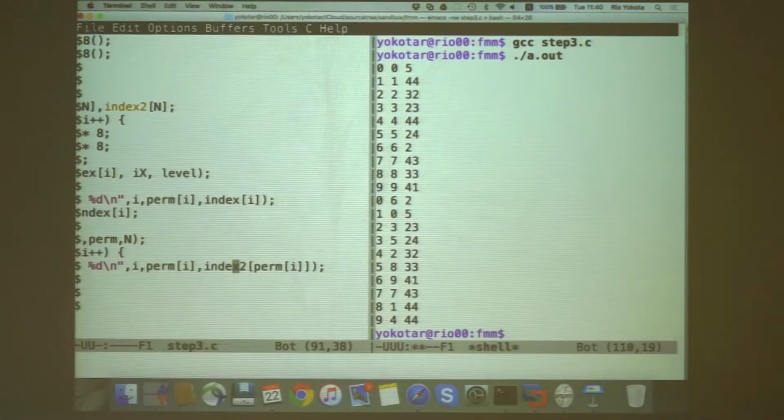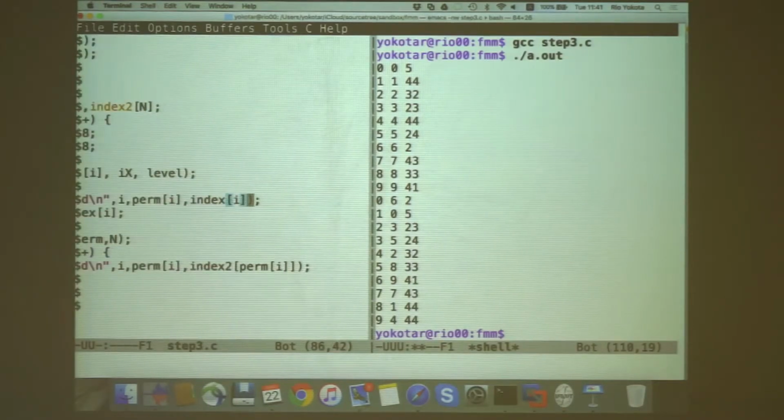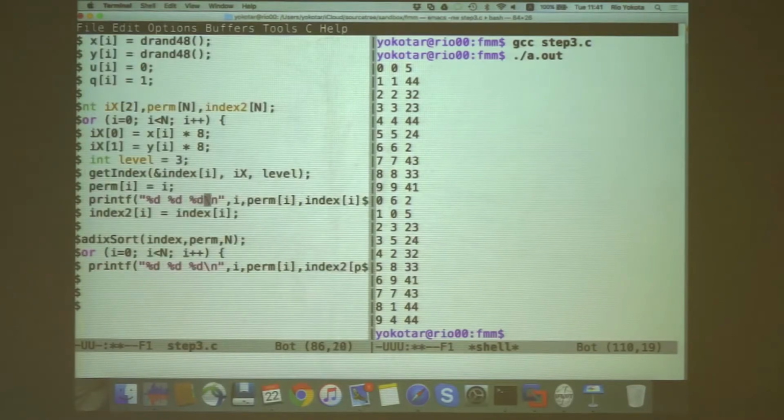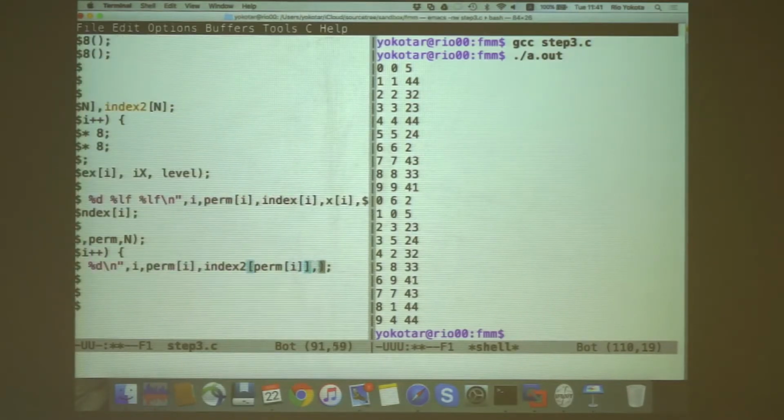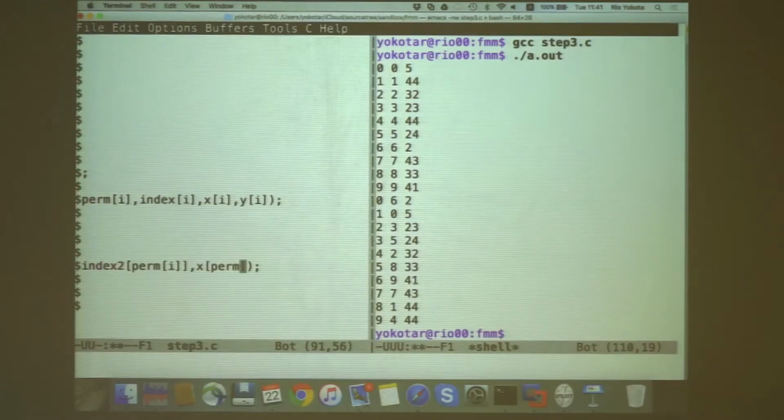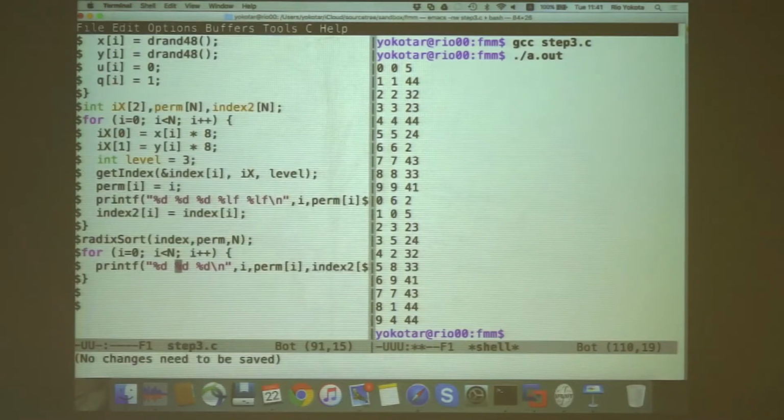So now I will print x and y also to see what they are. So if I print x and y here, they should be in the order of this index. So that will be different from the order here if I print with the permutation. Okay, now